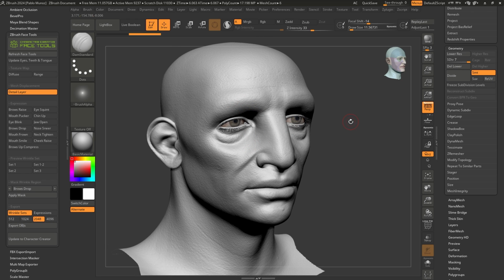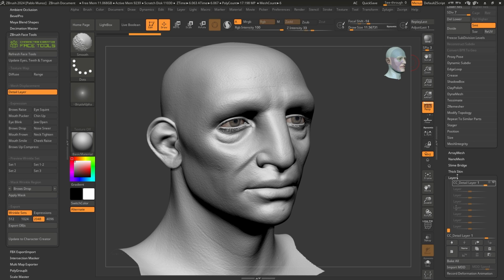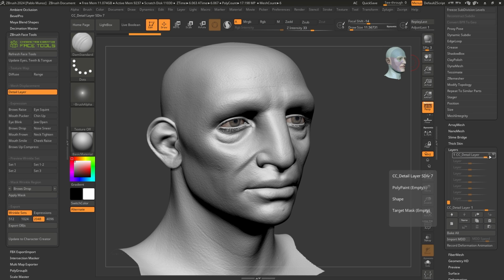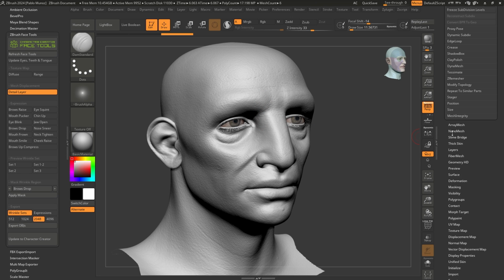So in terms of the steps to actually edit the mesh, again, it's pretty simple. Remember, the detailing layer is just a layer within ZBrush. So what I need to do is go to the high subdivision level, which by default I am in 7, and I'm going to go to the layers and open that up. And I'm going to click on record. So I'm going to click on that one. And now I'm recording in this layer. So I'm actually editing the base layer that has all these details, right?